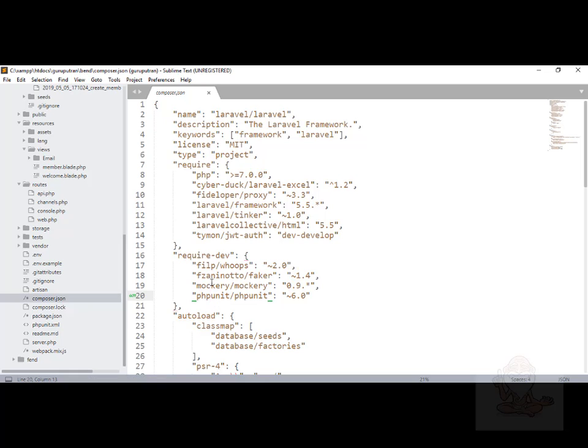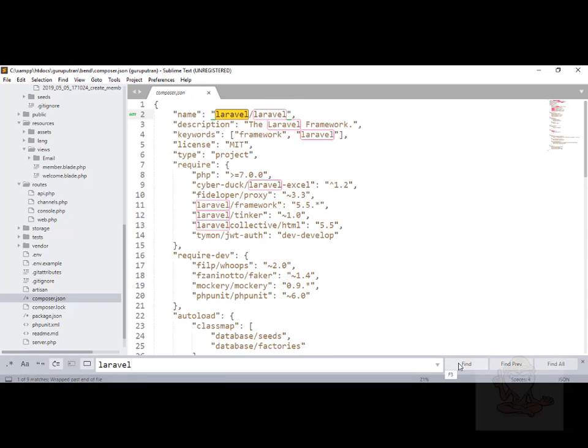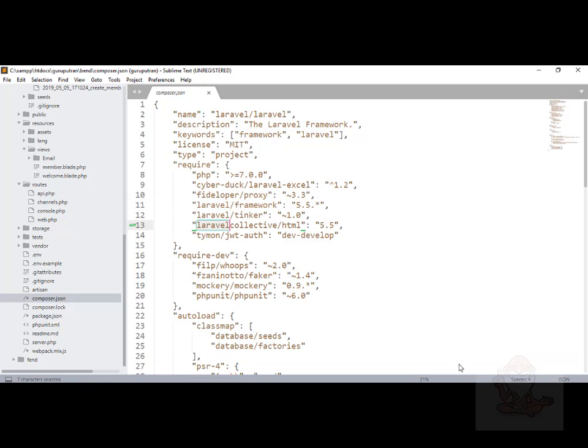You can press Control F and search for Laravel. Yes, you can see that Laravel Collective is installed. This is what I wanted to show you, that Laravel Collective is installed here once you do the composer command.